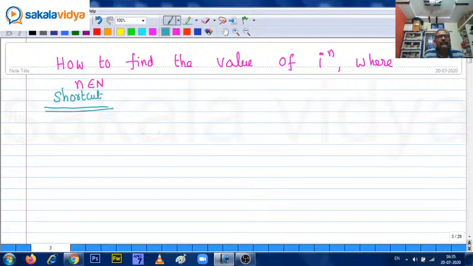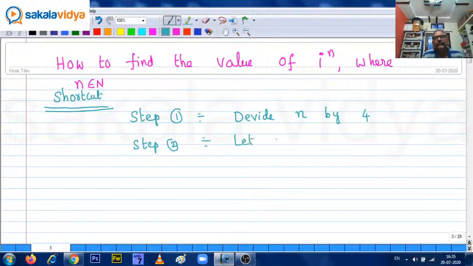So in order to find that one, step 1 first, what does step 1 mean? Divide n by 4. Step 2, let the remainder be r. For example, if you divide this n by 4, the remainder is r. Then step 3,